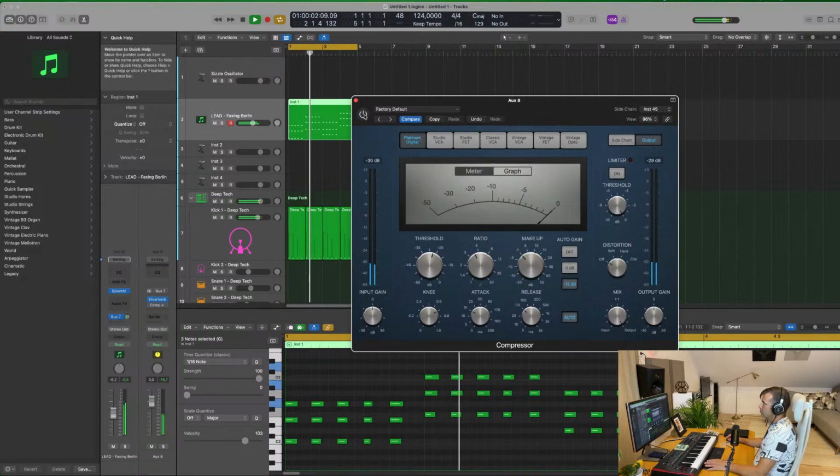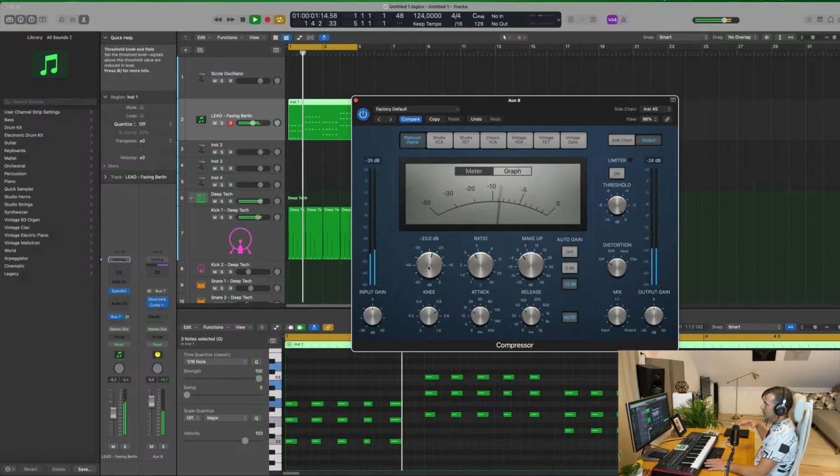So when the keys play, the verb will get subdued. Without it, the verb is a bit too present. So when the keys hit, there's more presence and the verb is there, but it's compressed. I mean, it's a trick